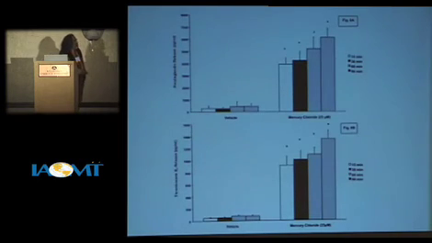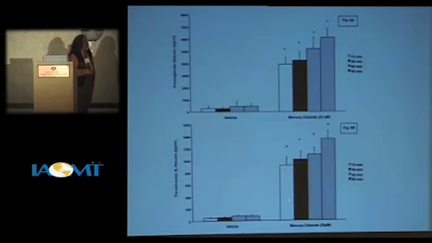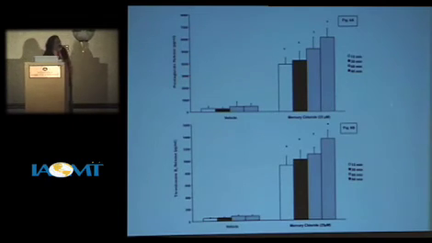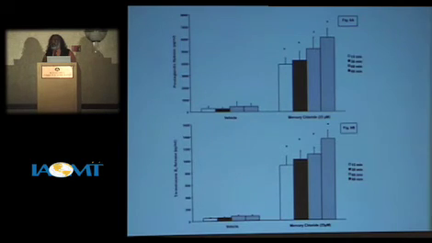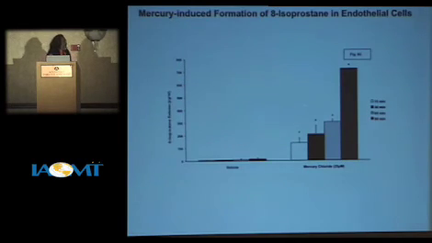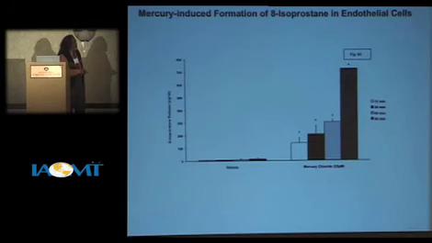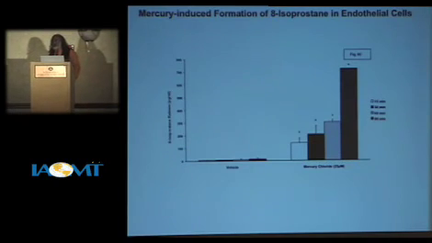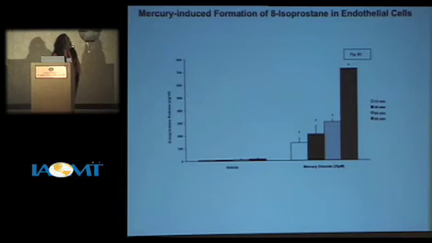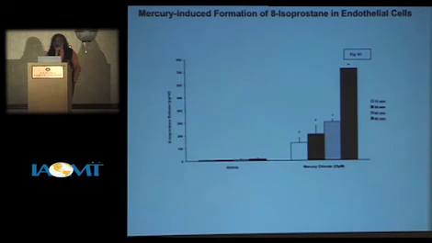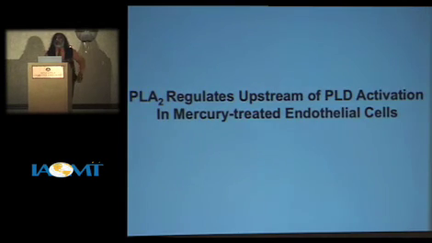The prostaglandins, you can see the enormous levels of prostaglandins. These inflammatory mediators are formed by methylmercury inside the endothelial cell. So these come from PLA2 through the cyclooxygenase pathway. These are prostaglandins. This is thromboxane A2. Both of them are notorious. And you can see 8-isoprostane. 8-isoprostane also goes up. It's a lipid peroxidation marker, very similar to prostaglandins. And this also goes up in case of methylmercury treatment in the endothelial cells.